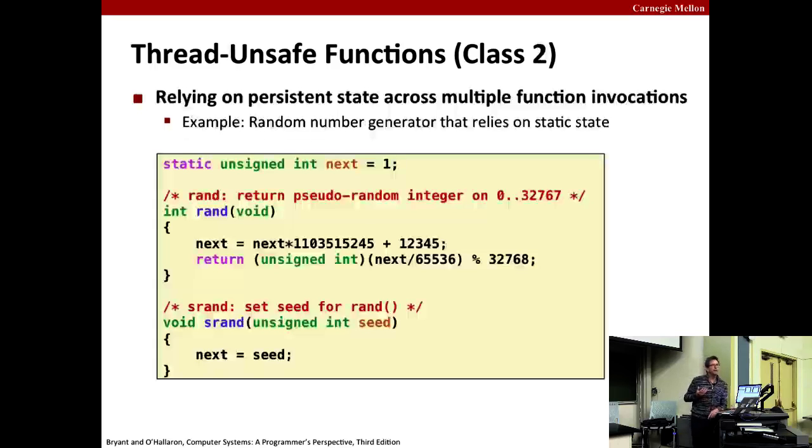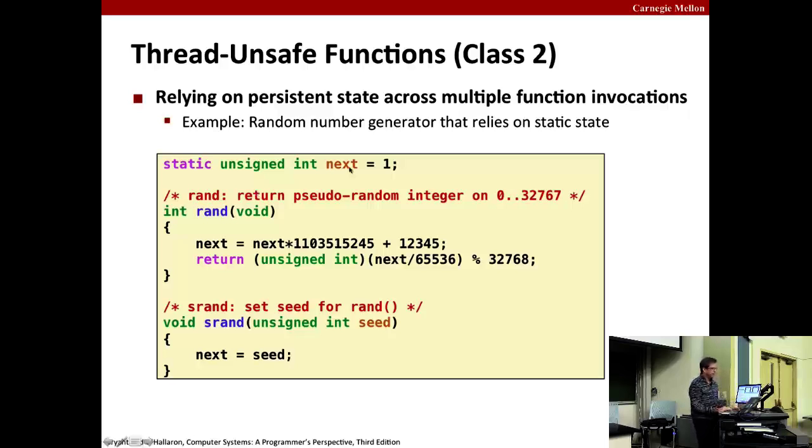Okay, the class 2 thread unsafe functions rely on some kind of persistent state across invocations of that function. So the classic example is the libc rand function, an implementation of which I took from the K&R book. This rand is a pseudo-random number generator. It's pseudo-random in the sense that if you give it the same seed, it'll return the same sequence of values. So this is kind of nice because when you're testing, it allows repeatability. So every time you call it with the same seed, you're guaranteed you'll get the same results. And the way this is implemented